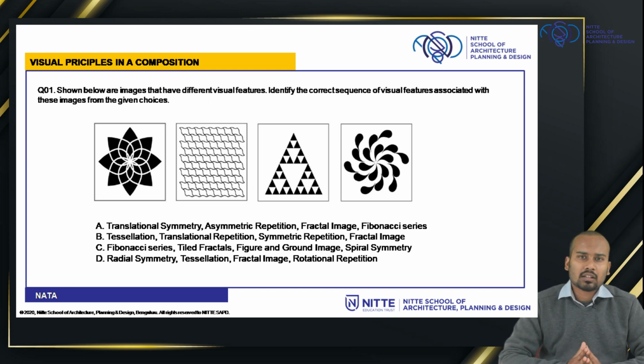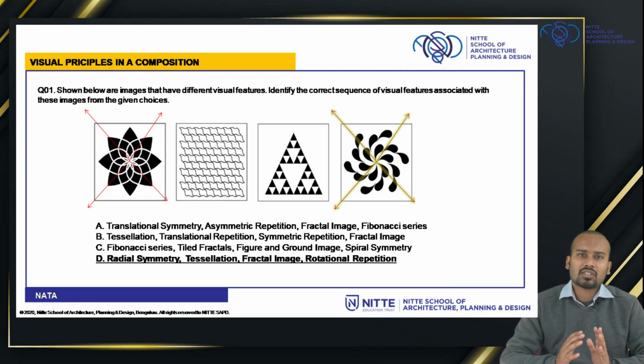Why? Because when you see the first image, you will see how a pattern unfolds itself in a rotational pattern. The next image, if you see, you will find how a form is just repeated without any gaps in between, which is called tessellation. The next image, you will see how a form is generated in a geometrical way. And the next image, you can just see how the form is generated or rotated in a repetition, which forms a rotational symmetry.